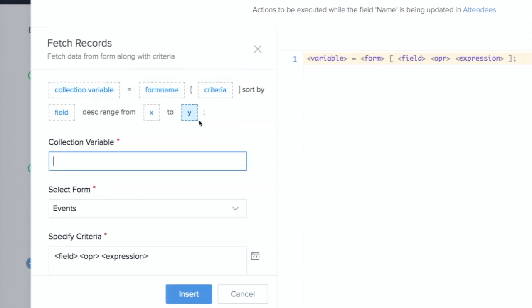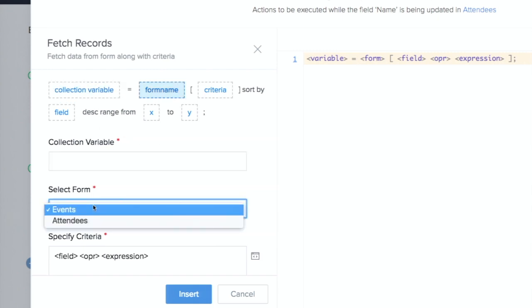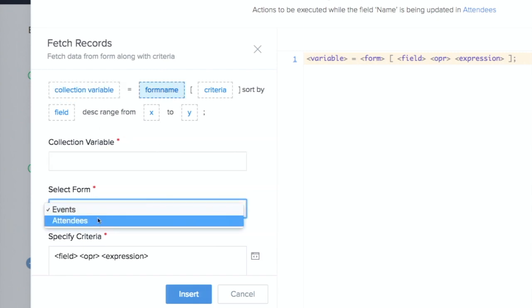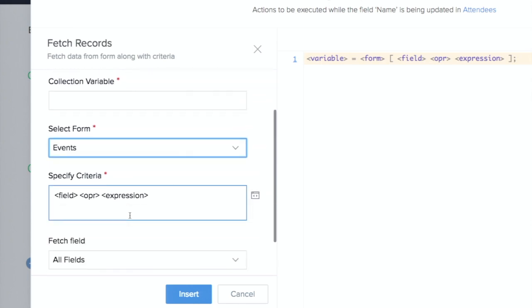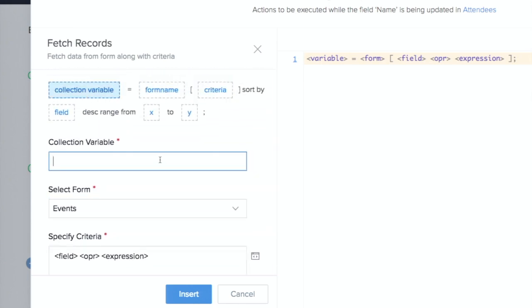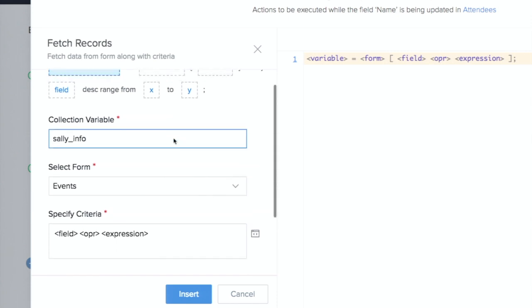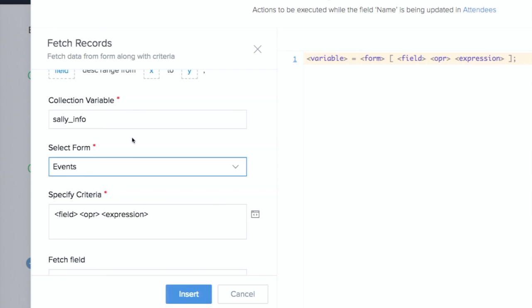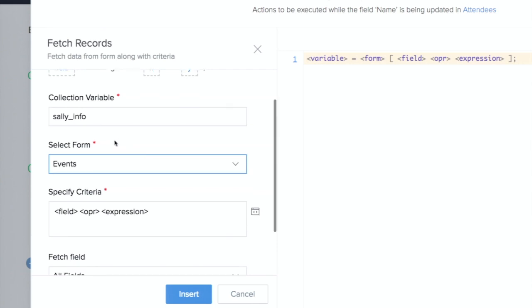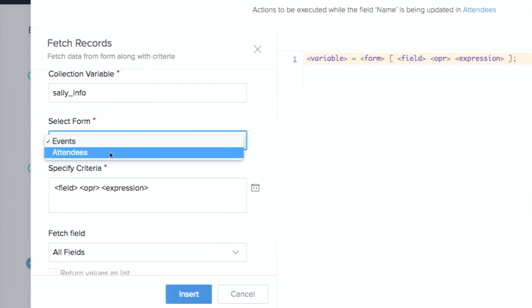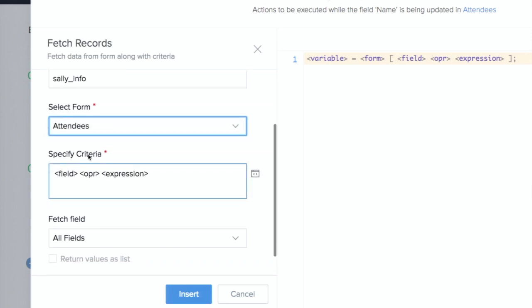So if you don't want to just write the script from scratch, it kind of tells you all the different parts that you need to have. You can choose which form you want to fetch from, and it makes it a little bit easier. So what we're going to do is we'll call our collection variable Sally info, because that's what we're actually looking for here, all the information from Sally's record. And then I can choose which form, so we want to look in the attendees form,